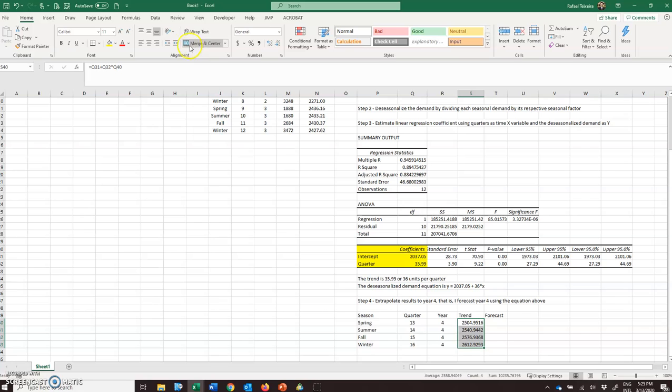Okay, so this is the trend. Okay, this one doesn't have the season factor. This is not the final forecast. This is only